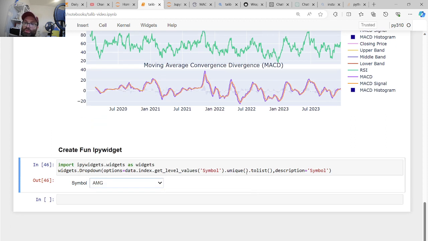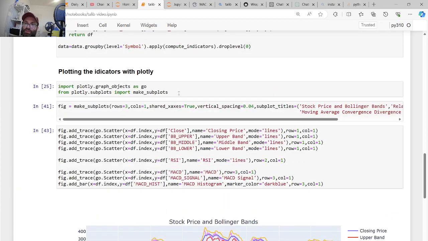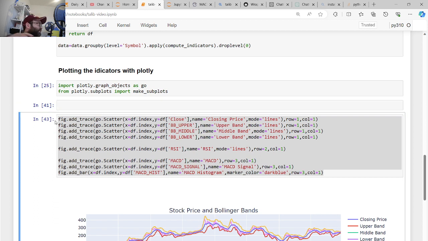So now what we want is whenever the user selects a symbol, we want to display the plot above. So how are we going to do that? First, let's put the plot above in a